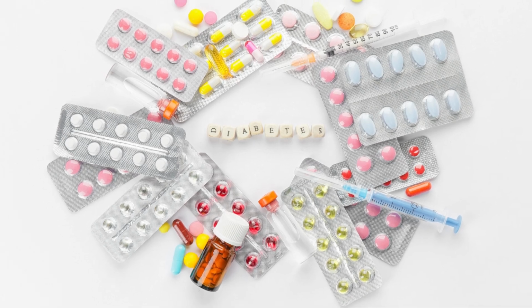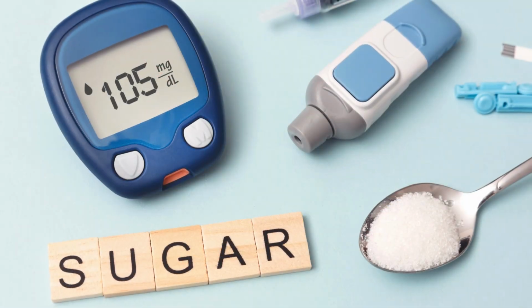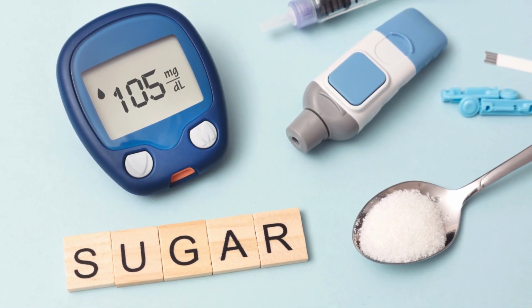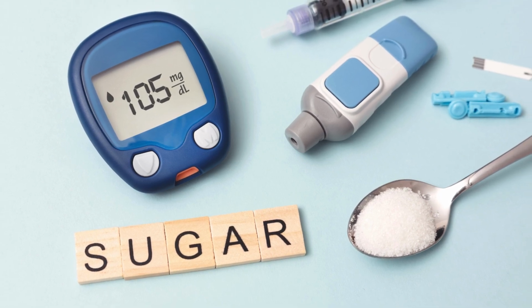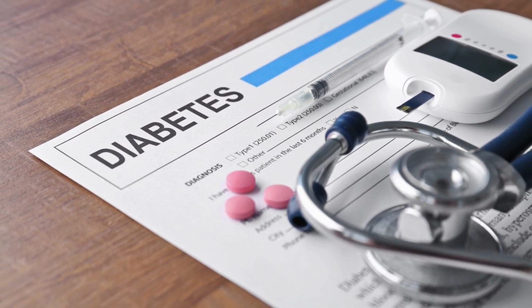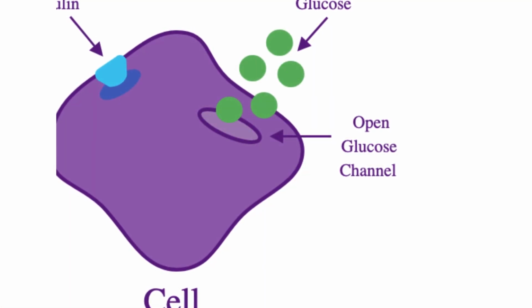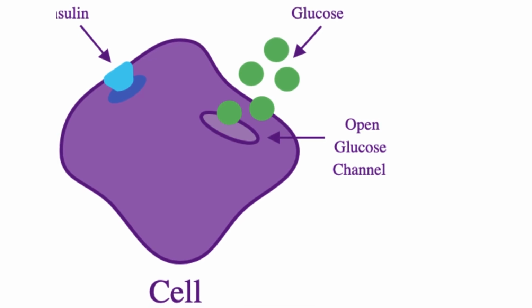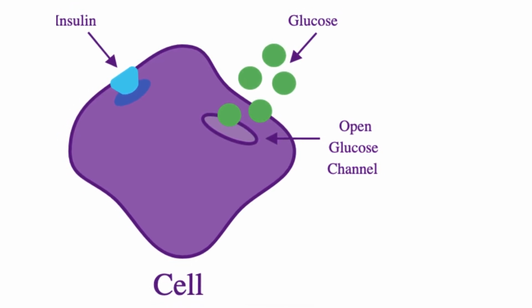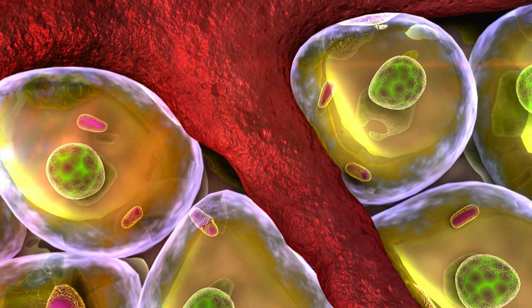Makes sense. So how do these medications fit into the picture? Well, each class of medication works in a slightly different way, but they all aim to help the body use sugar more effectively. It's like having different strategies to solve the same problem. Our source material actually uses a really cool analogy to explain one of these strategies. It talks about insulin being like a key that unlocks the door for sugar to get into our cells. Exactly. Insulin is crucial for allowing sugar to move from the bloodstream into the cells where it can be used